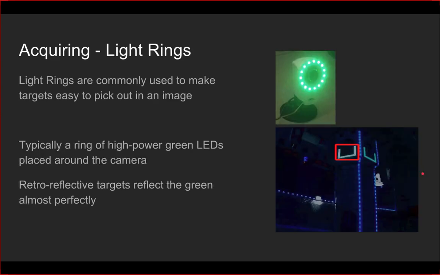Speaking of lights, light rings are commonly used to make these targets really easy to pick out, and this is the kind of image I was talking about in the last slide. This little light ring typically goes around the sensor of your camera, so that when it shoots light at the target, it bounces straight back and illuminates it in this super, super ugly green color, which is really, really easy